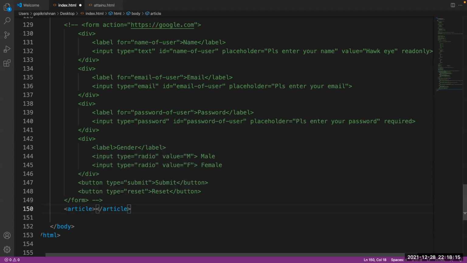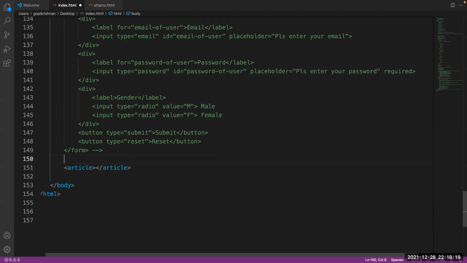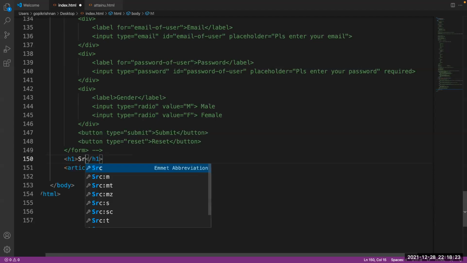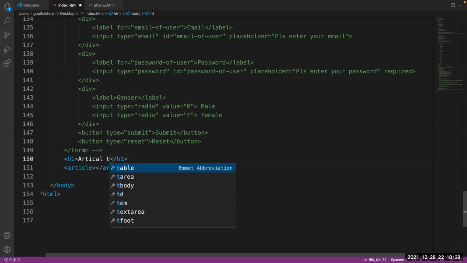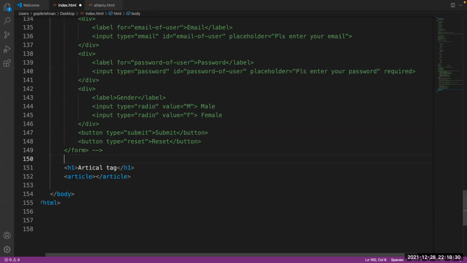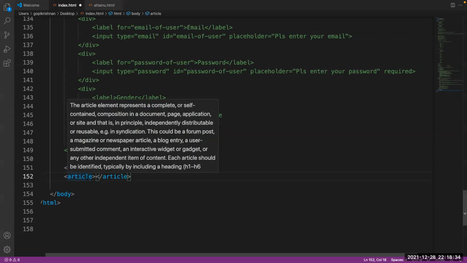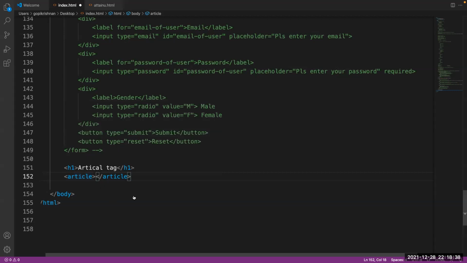So it is a similar way of implementing the article tag. Here we will add a header h1. We will say this is an article tag. Okay. So here the article tag is similar: you have two tags, one is an opening tag and one is a closing tag. And here I will write this is an article